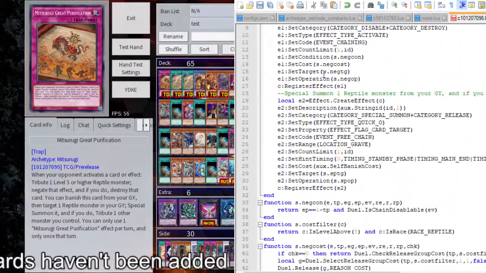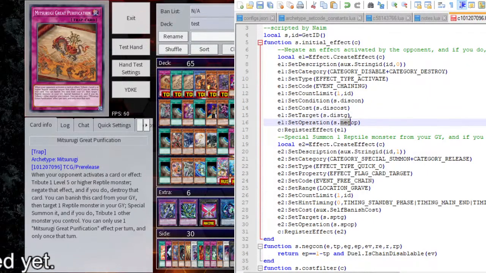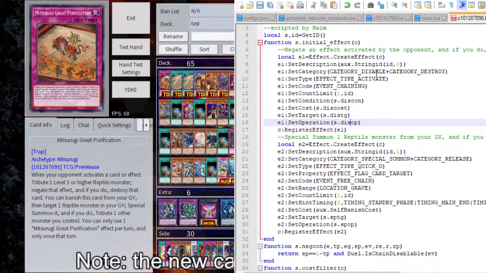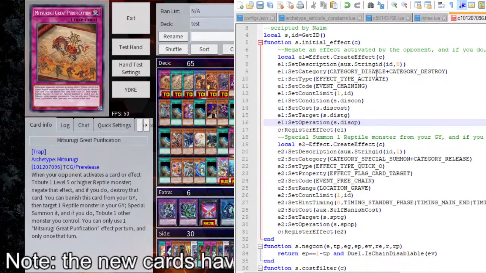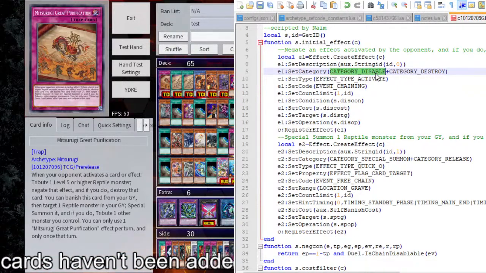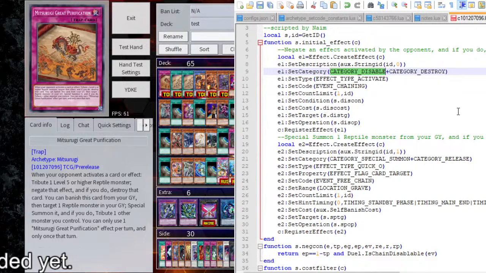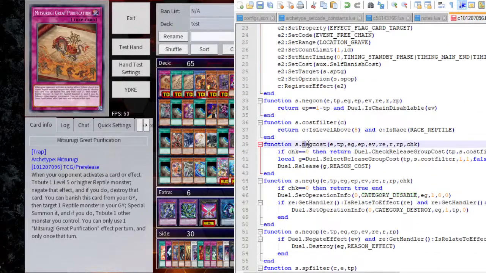And then the negation. Now, I forgot to mention this earlier, in terms of naming functions. I'm not super strict about this one, but if it negates the effect, it's category disabled, and if it negates the activation, it's category negate. To make a differentiation, I try to use "disable" if it negates just the effect, or "neg" if it negates the activation. It's just to differentiate them a little bit. It's not super important, but